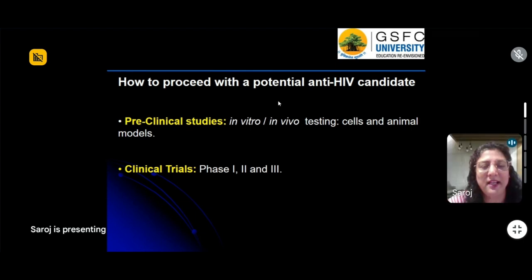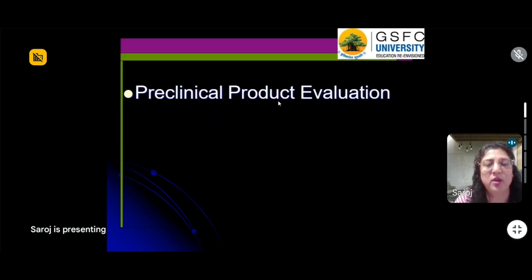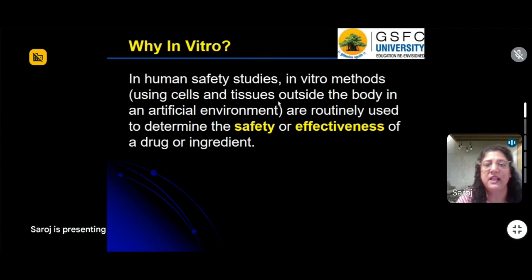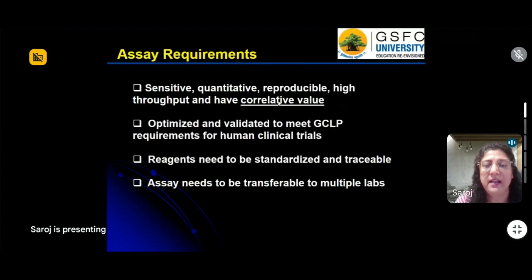So you are going to do the clinical studies, and before you can do the clinical studies, because you cannot put any drug straight away into a person, you have to do the preclinical studies, where you check it either in vitro or on animals for two purposes. First, that the drug is safe, and also that the drug is effective. Only when you show in the preclinical studies that at a particular dose the drug is safe and effective are you allowed to move on to the clinical studies. So preclinical studies, of course, is checking the safety and effectiveness of the drug or the ingredient.